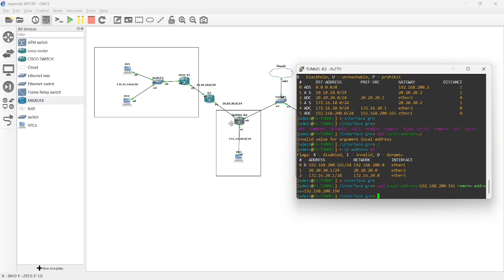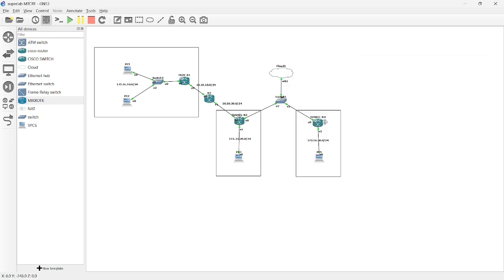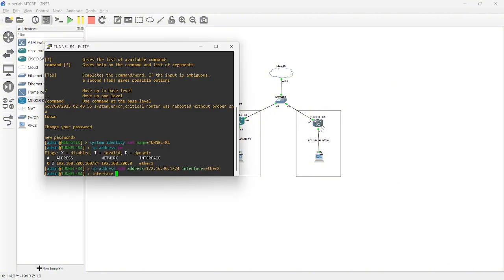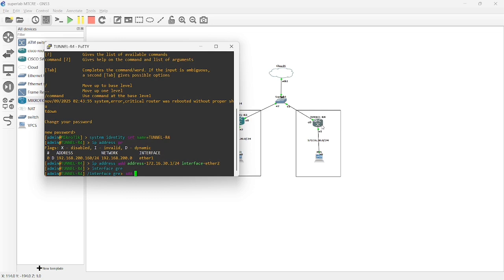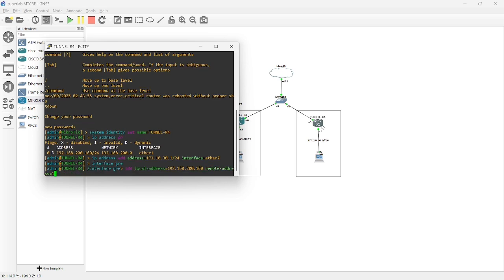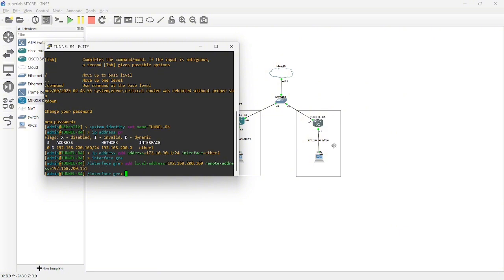Okay, same again. With remote address, local address 160 116. And the interface at local address, okay. After that